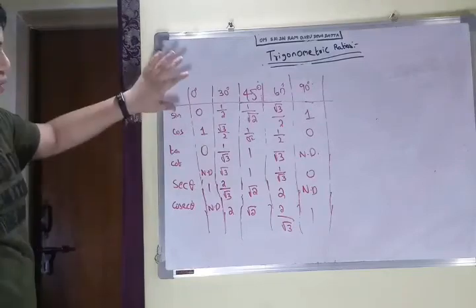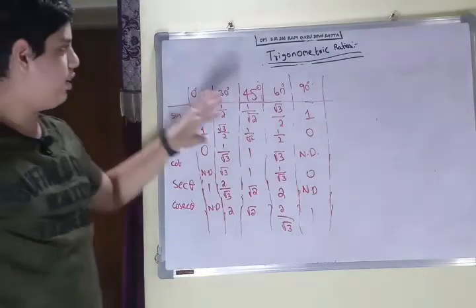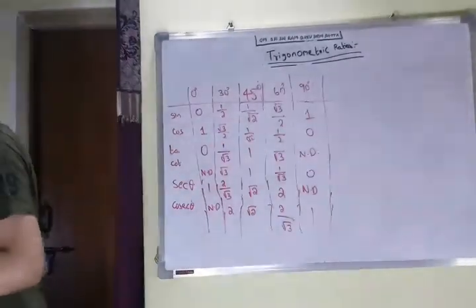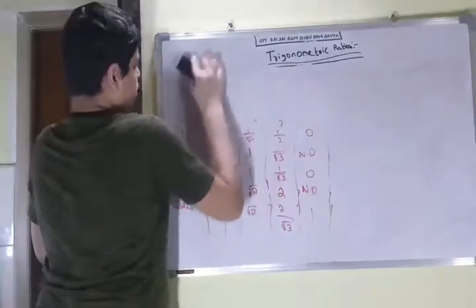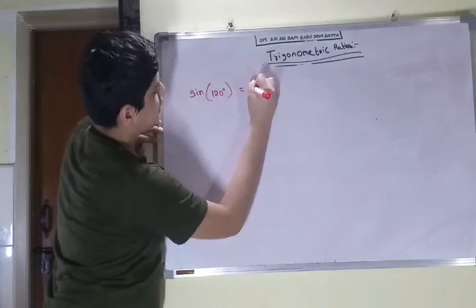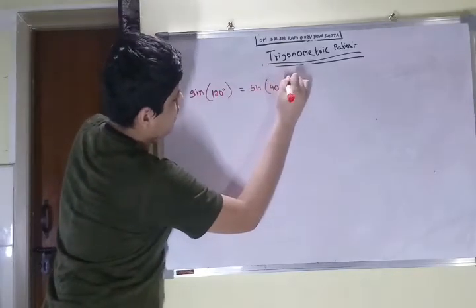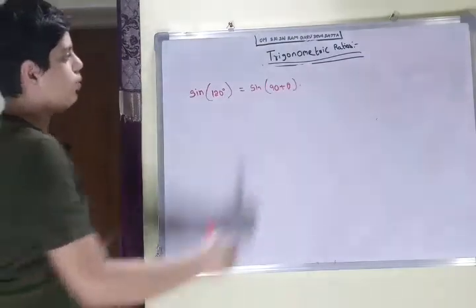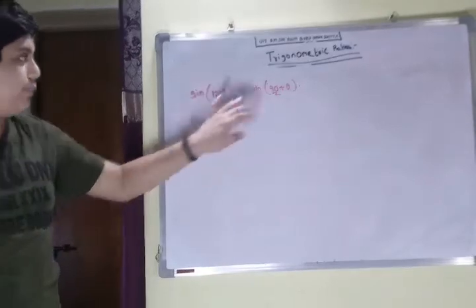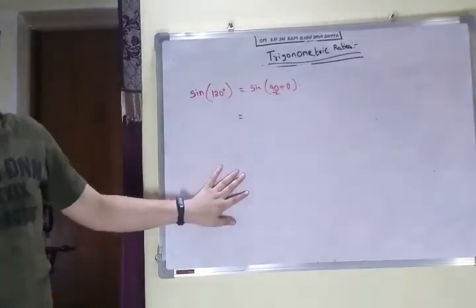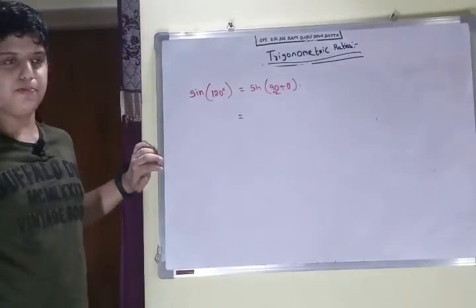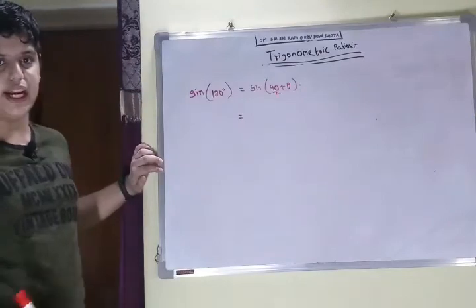Okay, now you copy this one, then I will tell you how to find theta if it is more than 90, like that. So this is sin 90 plus theta. Now what did I say? In the second quadrant, 90 to 180, 90 plus theta lies between 90 and 180. So sin 90 plus theta will be positive because it lies in the second quadrant.